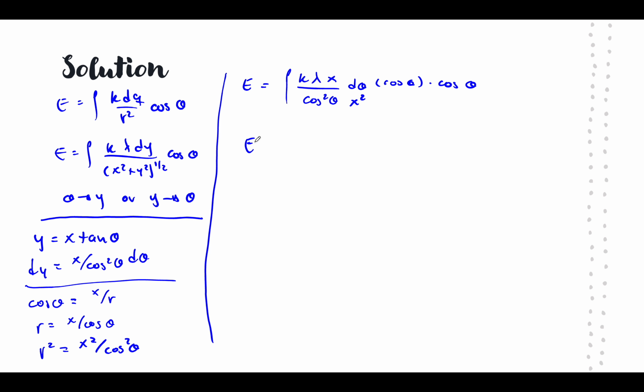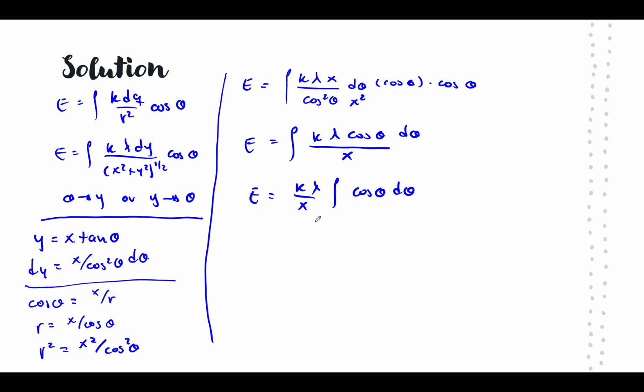Simplifying this, we get that our electric field is going to be equal to the integral of k lambda cosine theta d theta over x. Okay? So we can take out our constants, k lambda over x. It's the integral of cosine theta d theta, right? Now, what's going to be our